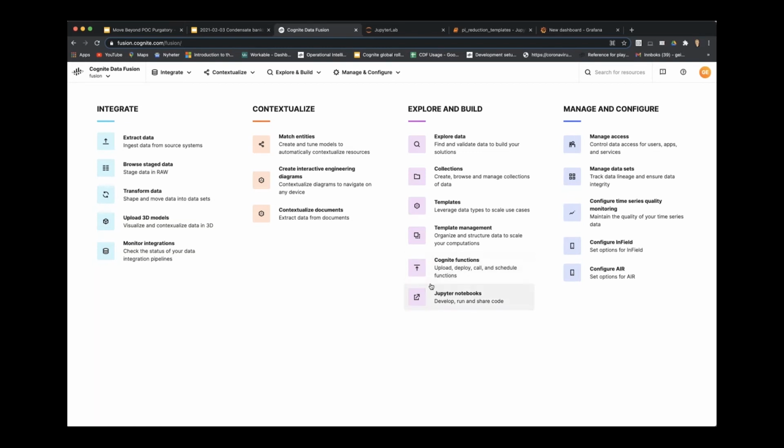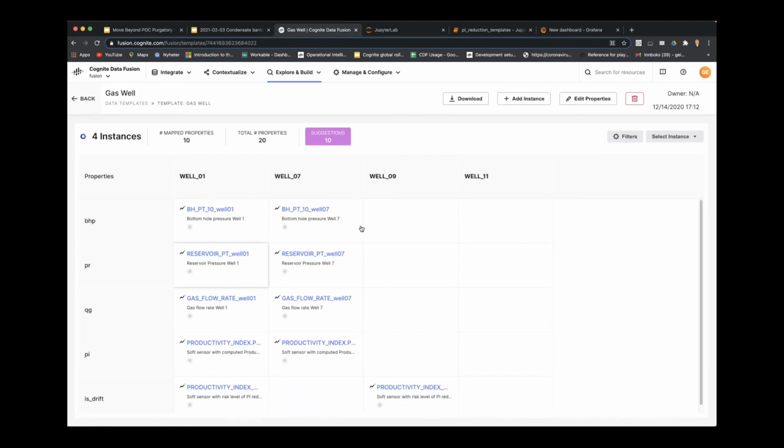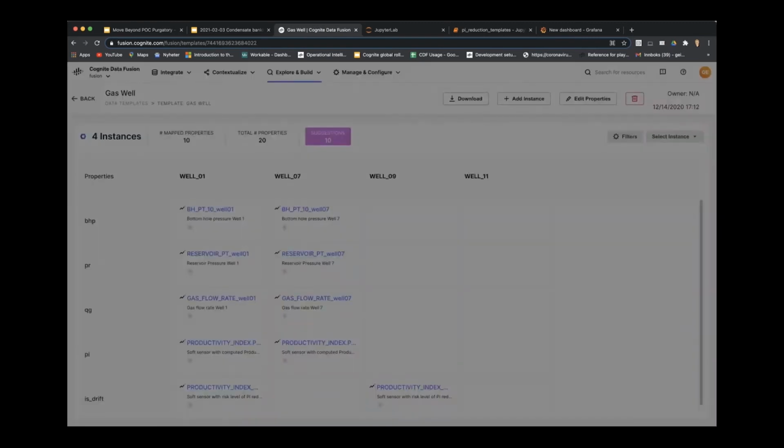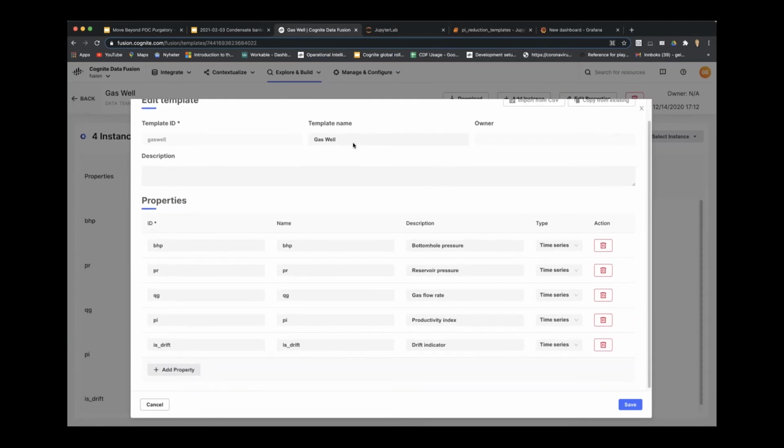But once I'm happy with that model, I need to scale it to all my wells, and that's where templates come in. So with templates, I have the opportunity to essentially build my own data model. So here I can say, okay, I want to have a new template. It's going to be called gas well. This is the ID that I'll use to refer to it.